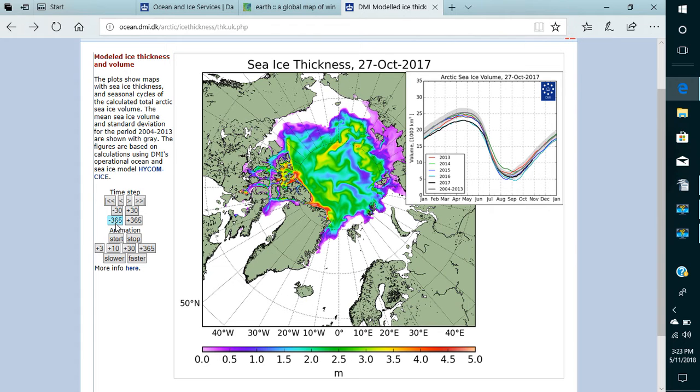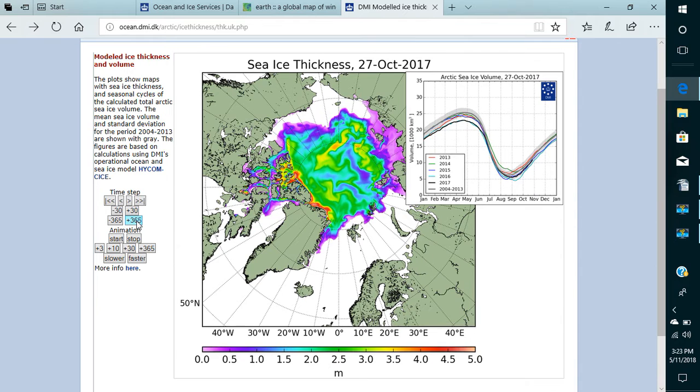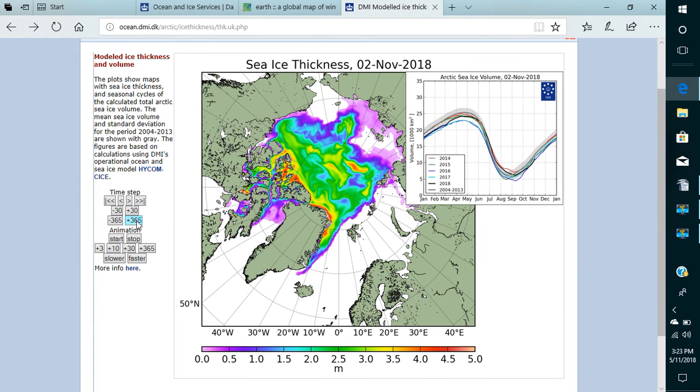Going from that's last year. Have a look at 2016. See, there's more red ice here, but a lot more thin ice all through here. So even though there's less red ice in here this year than there was in even 2016, which was a pretty poor year for ice, 2017 and 2018, I'm still predicting, well, if it keeps up these cold temperatures here,